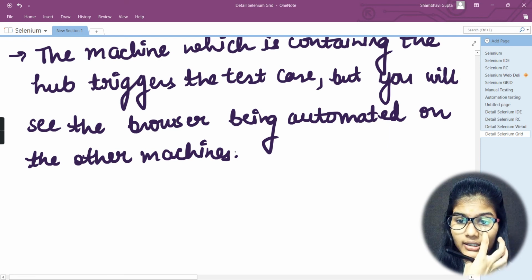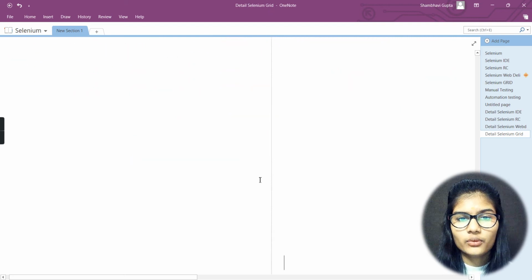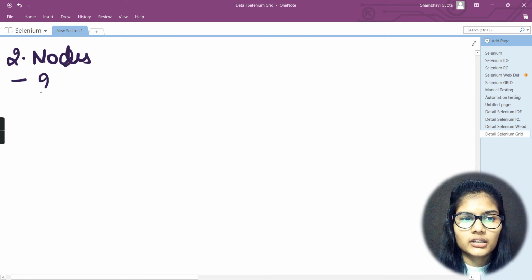Now if I talk about the nodes, what are the nodes? Let's get some space and start writing about the nodes. So what are nodes?